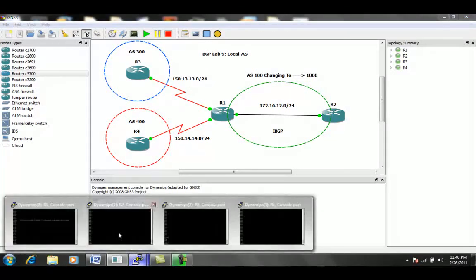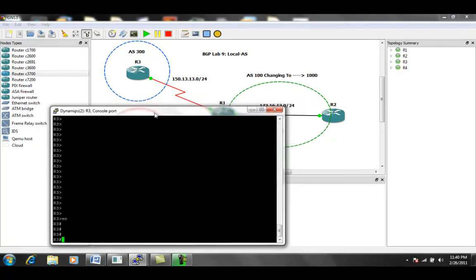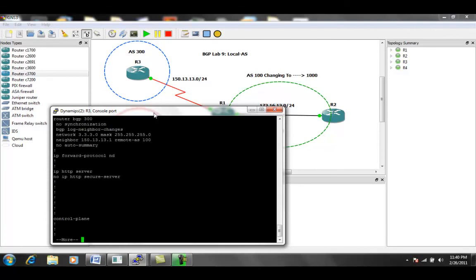So again, if we go to router 3, let's take a look at the configuration on R3. For BGP, we'll do a show run pipe begin BGP. And as we can see, like I was saying earlier, we have the network statement that's advertising the loopback